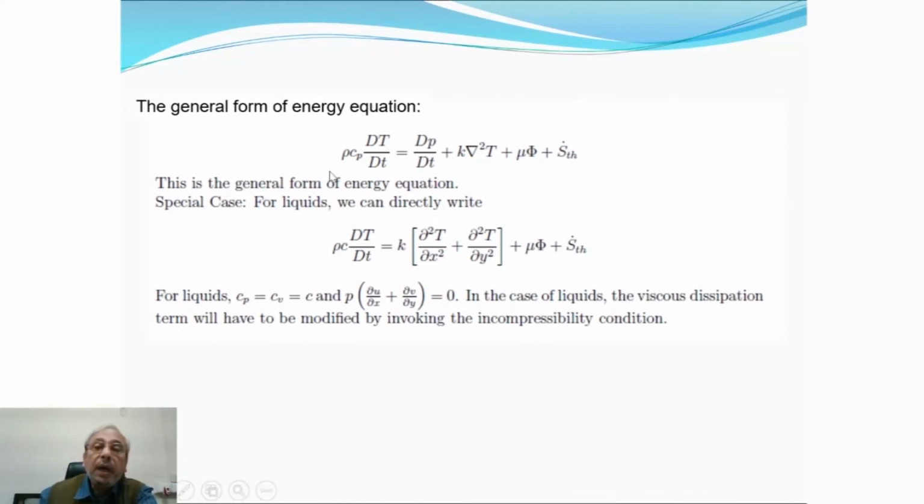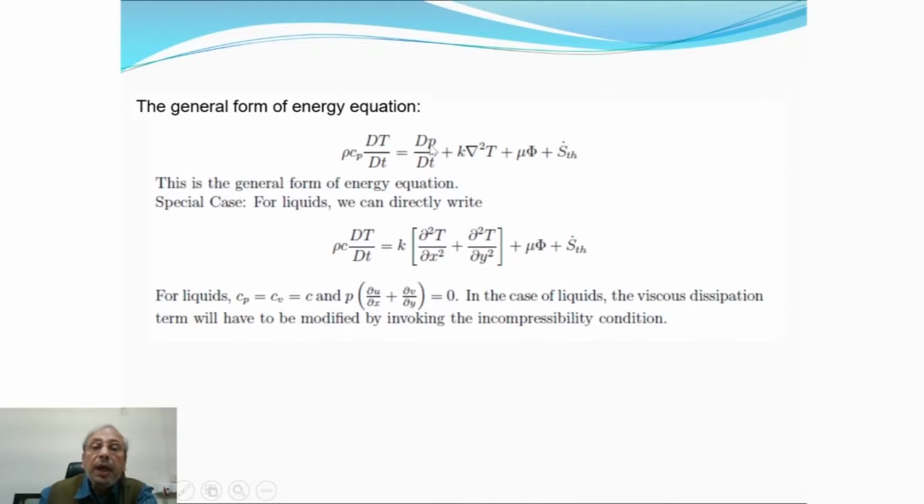That is given by this equation: rho Cp DT/Dt. This is the total derivative, which has temporal and convective derivatives,